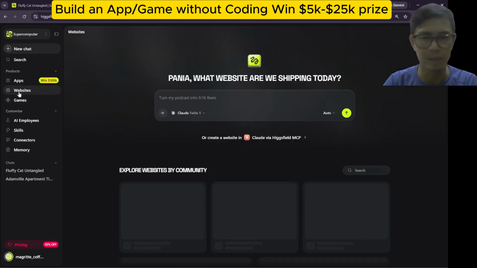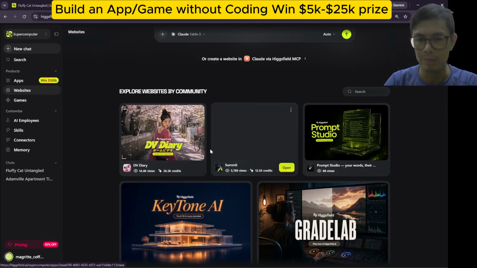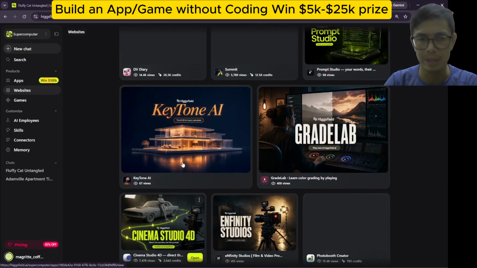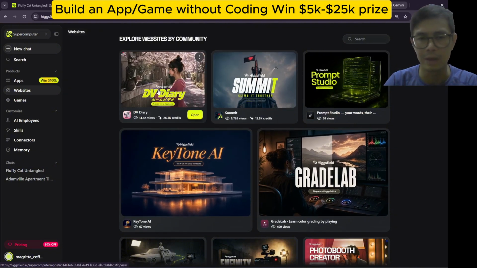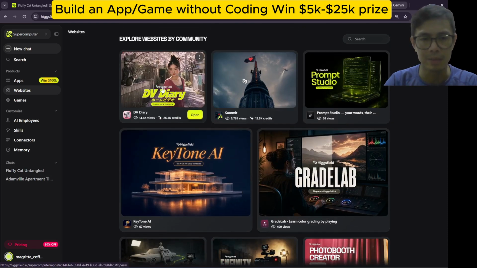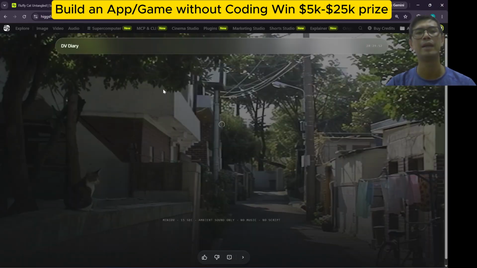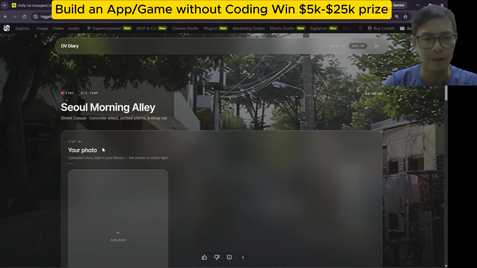And you can also make websites right here. But I think you have to build an app in order to win. So you can make pretty cool websites with these. Just to show you guys what you can do with Higgsfield right here. As you can see, this one gets the most views and credits, so we're going to click on that. And this is a website built within Fable, I think using Fable 5 and Higgsfield.